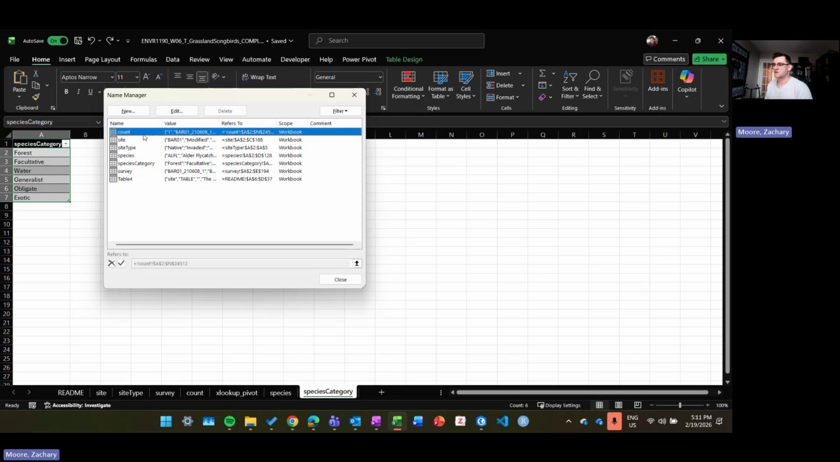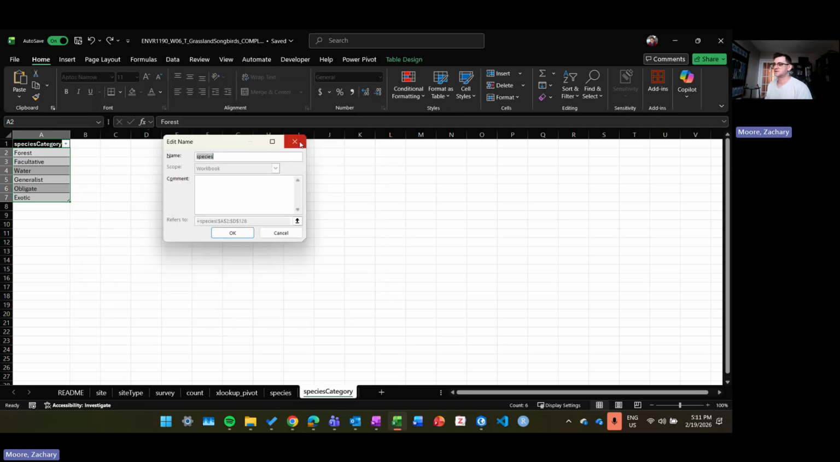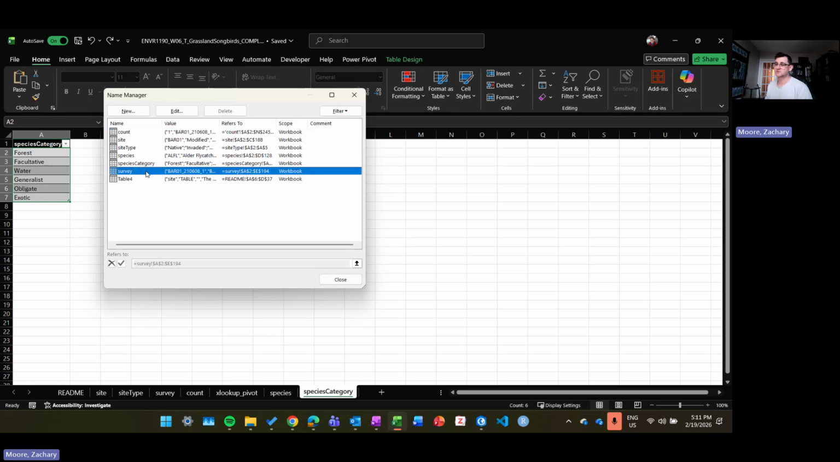So you see here we have all of our tables named, and this one, which was named before from something I was practicing on. But we can see that we have all of these ranges. We can also create named ranges that we can just refer to. So in this case, we want to have the species category as